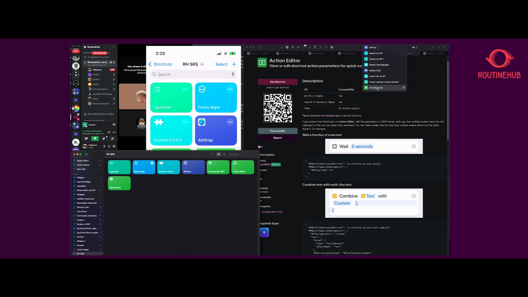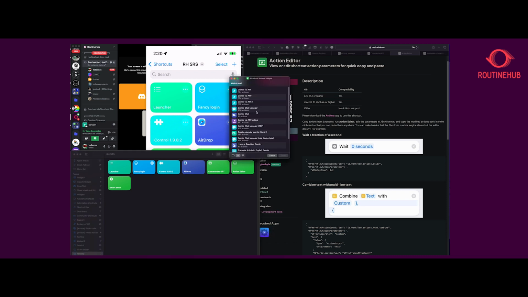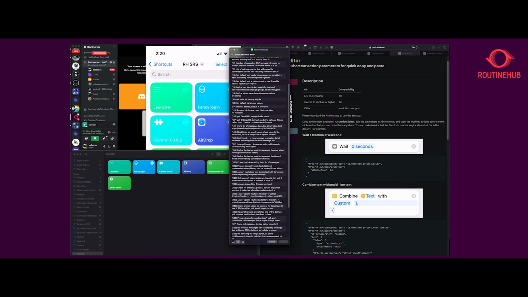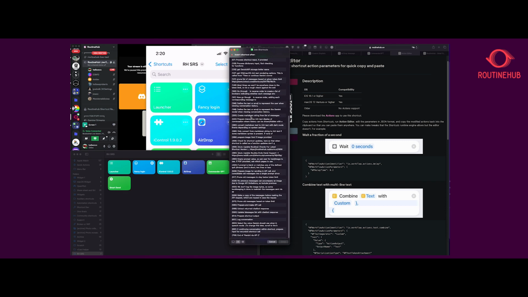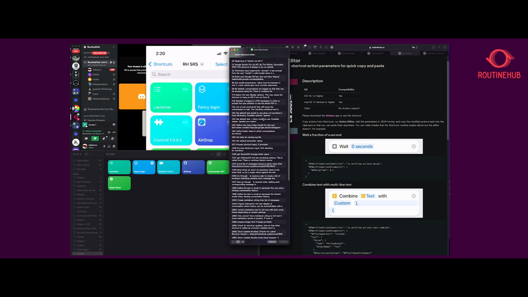And so with join shortcuts, you select a destination shortcut. So you get to search through all your shortcuts. You get to select a destination shortcut. Then it lists out all the comment actions that are in the shortcut. And so say, for example, you wanted to embed a shortcut updater inside of some shortcut that you have developed. You would create a